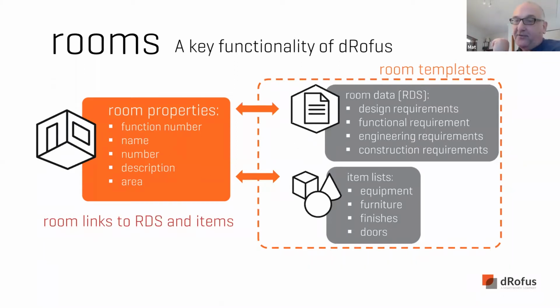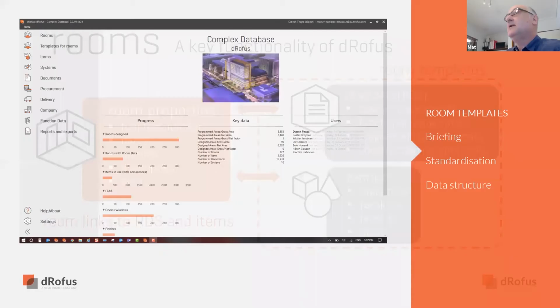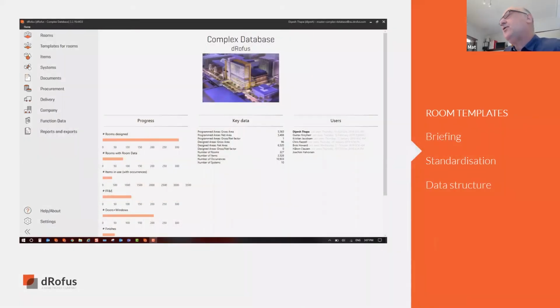Many rooms seem different in geometry, but actually share a lot of design and engineering construction requirements. So that's how deliverables such as room data sheets can be generated. And we'll also obviously show then how that connects to the Revit plugin. So I'm now, as I said before, going to show you about 8 different